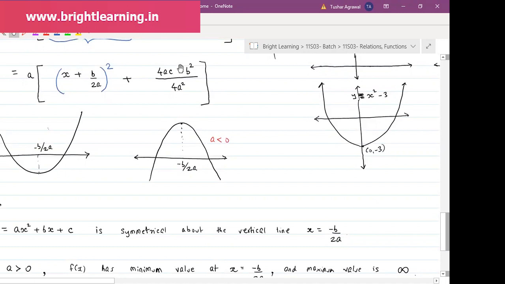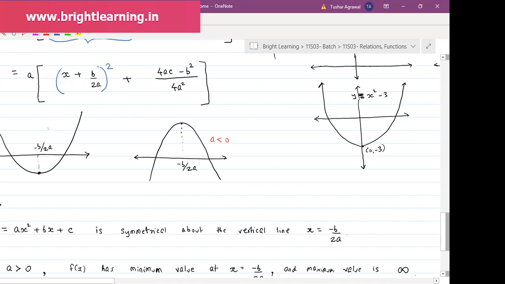B square minus 4ac, we call b square minus 4ac as our D, the discriminant. Under root discriminant is what we take as under root D, that is b square minus 4ac only. So at x equal to minus b by 2a,